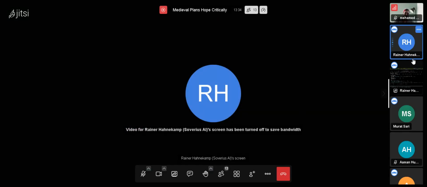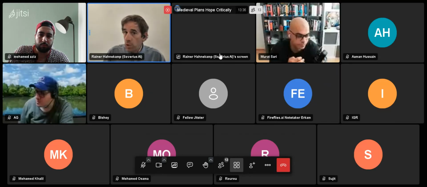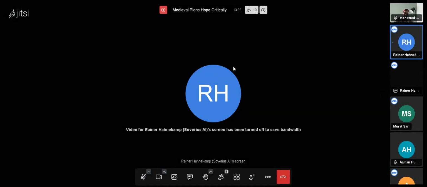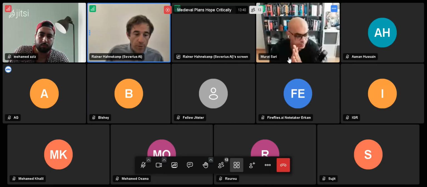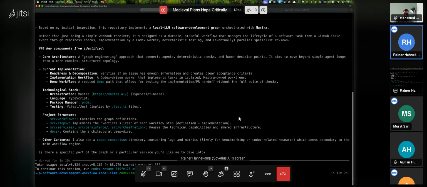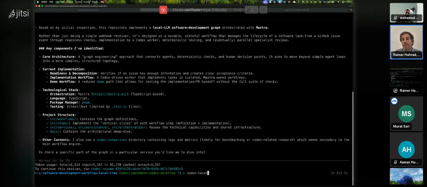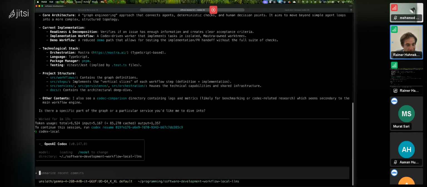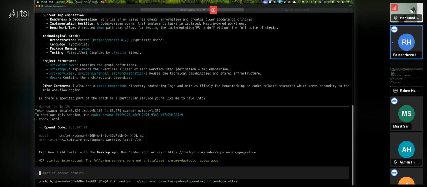So let me start Codex locally. This is the normal Codex CLI. It might come as a surprise for some of you that Codex, but also Claude Code, these agents allow you to use also local models, which means these companies will not earn any money because you're not using their models. But you can do that. I didn't believe it the first time when I heard it.